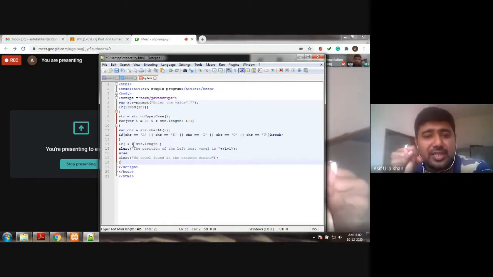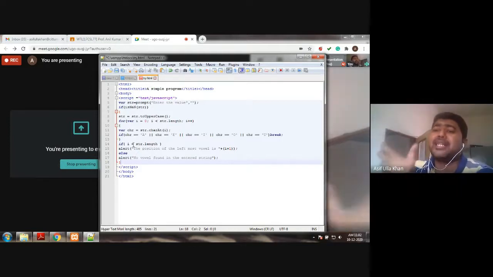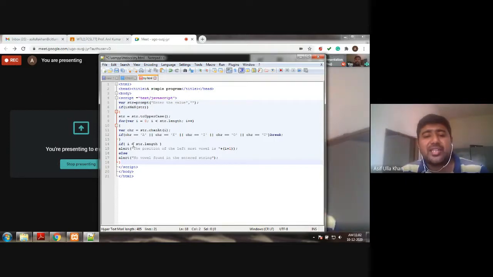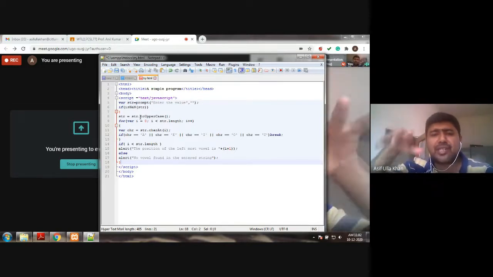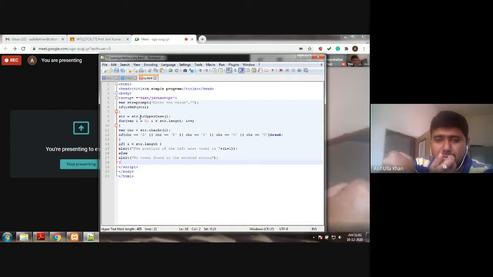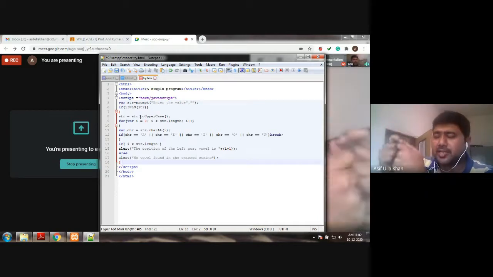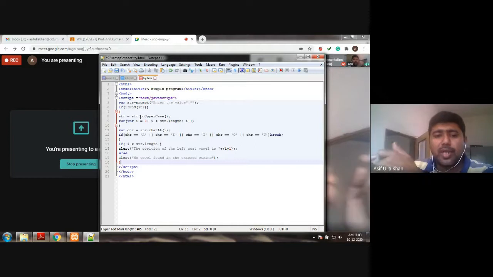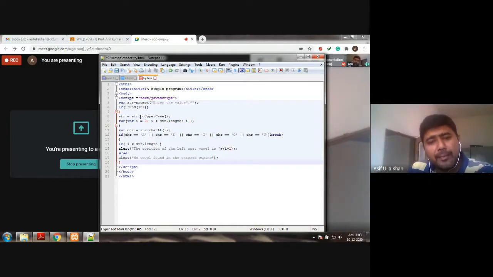The first phase is you need to display the prompt and see whether it is working correctly. Yeah, I have done that. Now the second phase is I am writing a logic to find the leftmost position of the vowel, where I converted every string into uppercase. Very good. Then I'm taking the string length and matching it with a vowel. If the vowel is present, I'm going to break out of the program and display the position of the vowel.